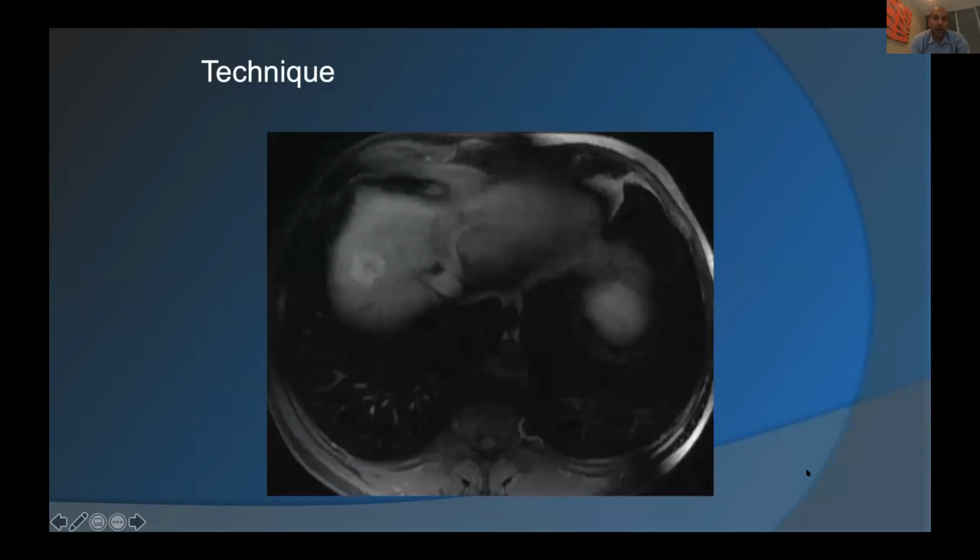So what is our technique on how we do this? This is an example of a 2.5 centimeter tumor in the dome. Certainly ablatable, if not that easy, but this patient did have vascular invasion, which I'm not showing on this image, but it was there inferiorly, so that's why we chose to do a Y90. So we chose to do a radioembolization. Single tumor, segment 8, and this is our mapping protocol.